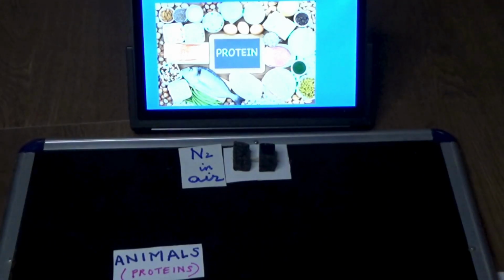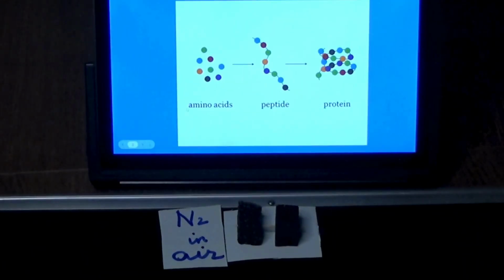So here are proteins that build our bodies, and you can see eggs, meat, milk, fish and pulses here. All these are proteins. And what is the relation between proteins and nitrogen? Let's see. Proteins can be thought of as a string of beads, different types of beads which we can call amino acids, and these different amino acids join together to make these complicated molecules called proteins, which are of various types.